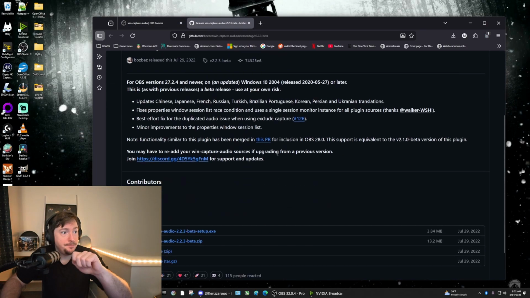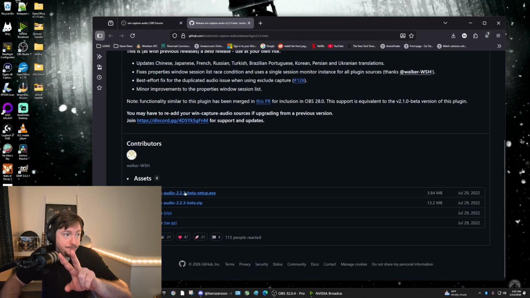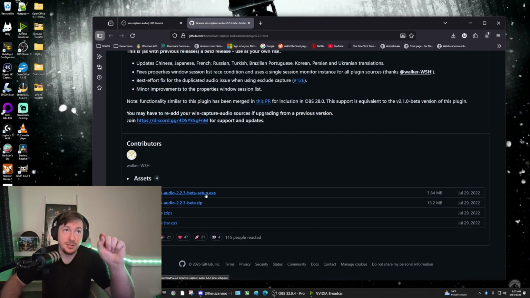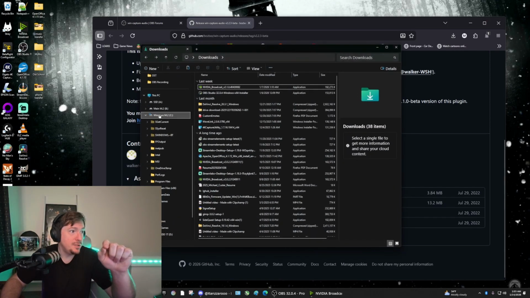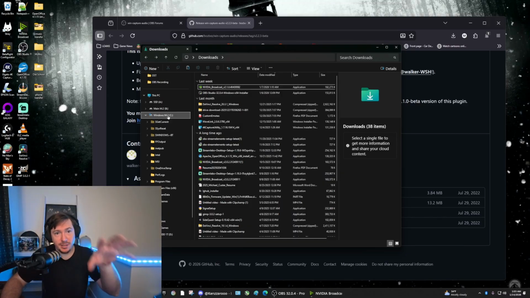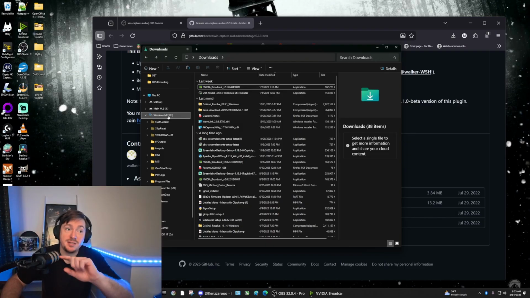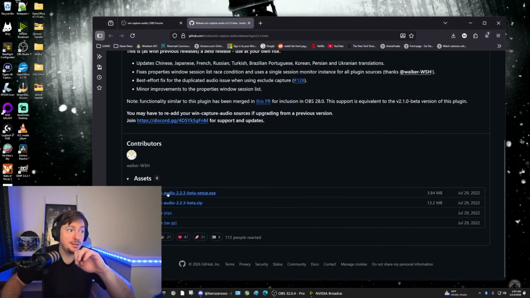on GitHub. You can do this two ways. You can download the Capture Audio 2.2.3 beta setup. If your OBS is in your program files in your C drive, it should automatically find it and place it where it needs to go. Now, if you have OBS in a separate hard drive than your C drive, then you'll need to unzip it. So you download the zip file,